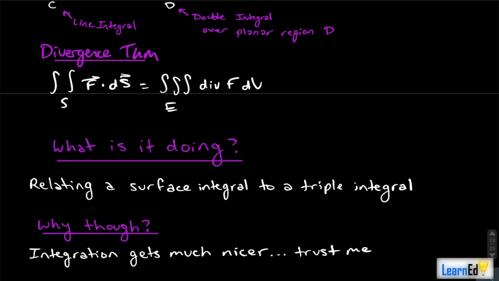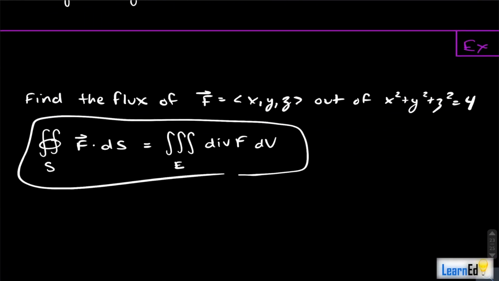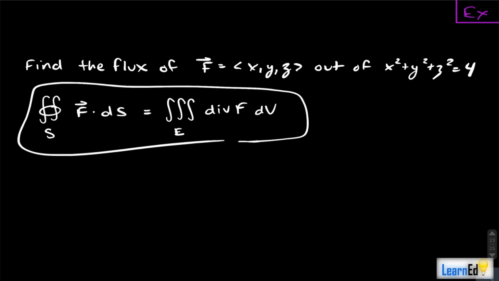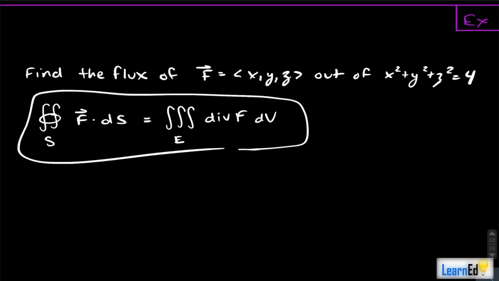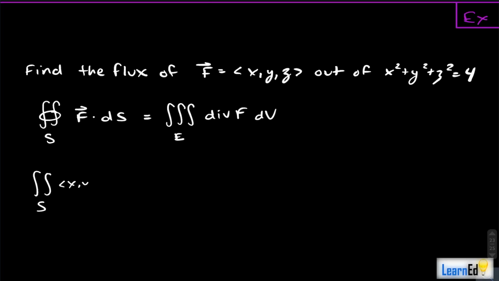And why do we do that? Well, the integration gets much nicer, and you'll be able to see that here. We want to find the flux of the vector field xyz out of x squared plus y squared plus z squared equals 4, and I have the divergence theorem written again down here. You'll also see the divergence theorem written with a closed integral sign. If you're talking about flux, you're talking about a closed surface. What we're going to be doing is writing the surface integral of xyz ds